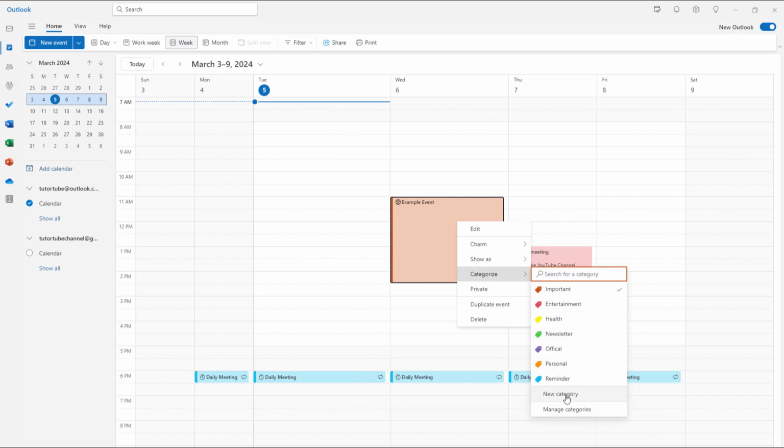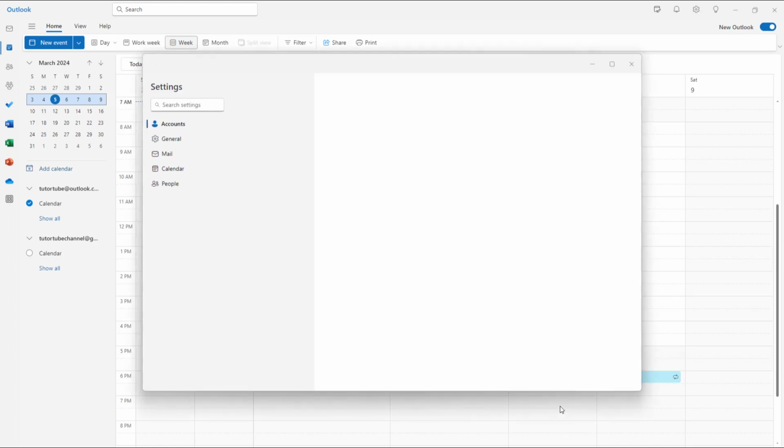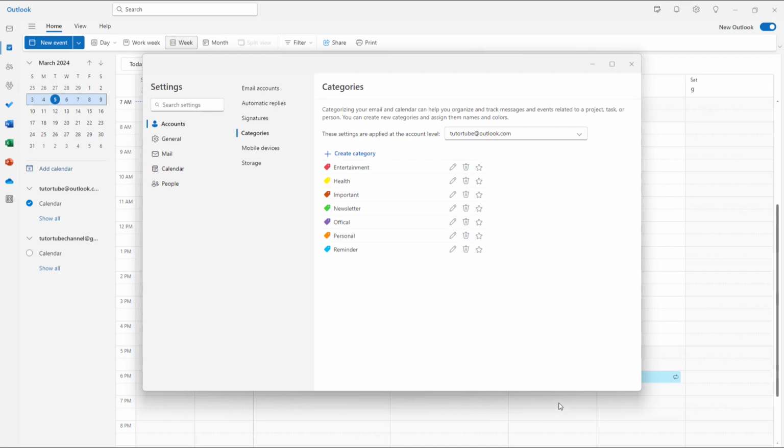right here. And here you can see that manage category is an option. So now what you can simply do is go around and clear out the categories right here. You can press the dustbin icon right here and delete out the category, as you can see. And as you click on all of these, the categories will be cleared. So let me just delete this out right here, just like this, close it, and